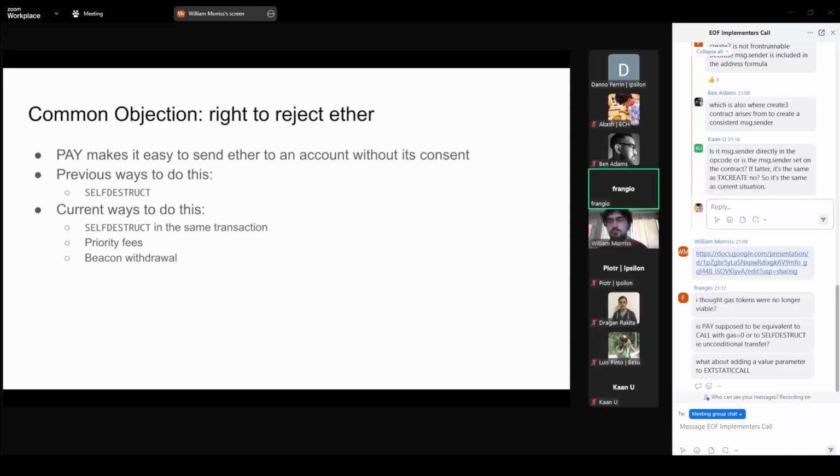Yeah, it's more like self-destruct, not like a call with gas 0. Yes. It's also like priority fees. The Coinbase transfer that happens implicitly in the block also behaves this way, and beacon withdrawal also behaves this way. So it's always been possible to receive Ether without getting a callback. I mean, there was always a debate between this, and some people really wanted the non-execution approach. Others wanted the execution approach with no writes. And maybe the people with the no execution approach have won because of the withdrawal stuff. This delightfully gets rid of that call stipend that needs to be tweaked anytime the gas gets tweaked. That's what I was going for the whole time.